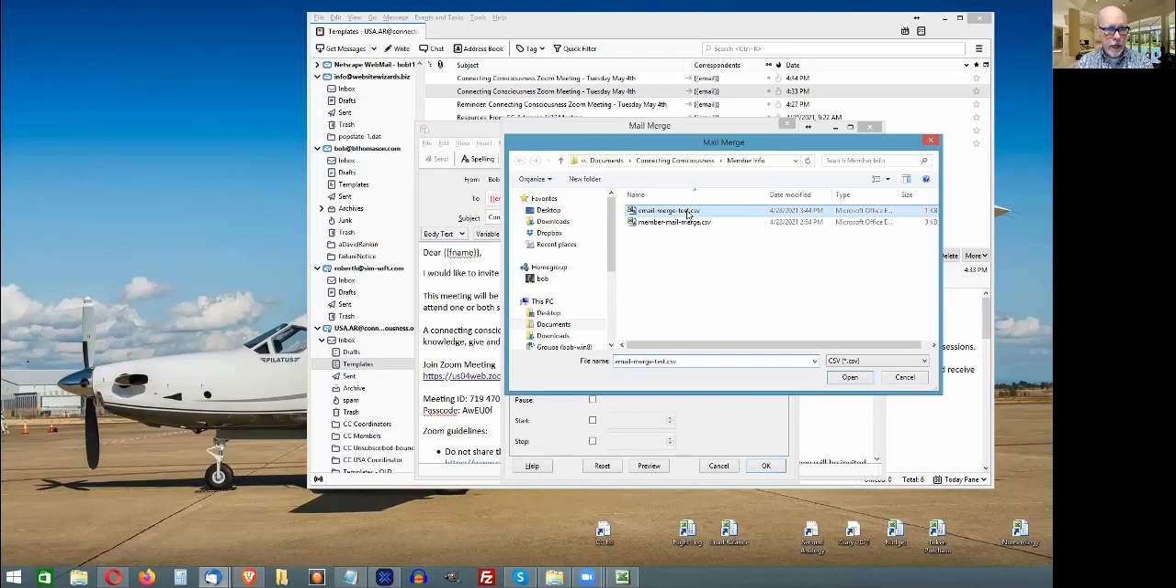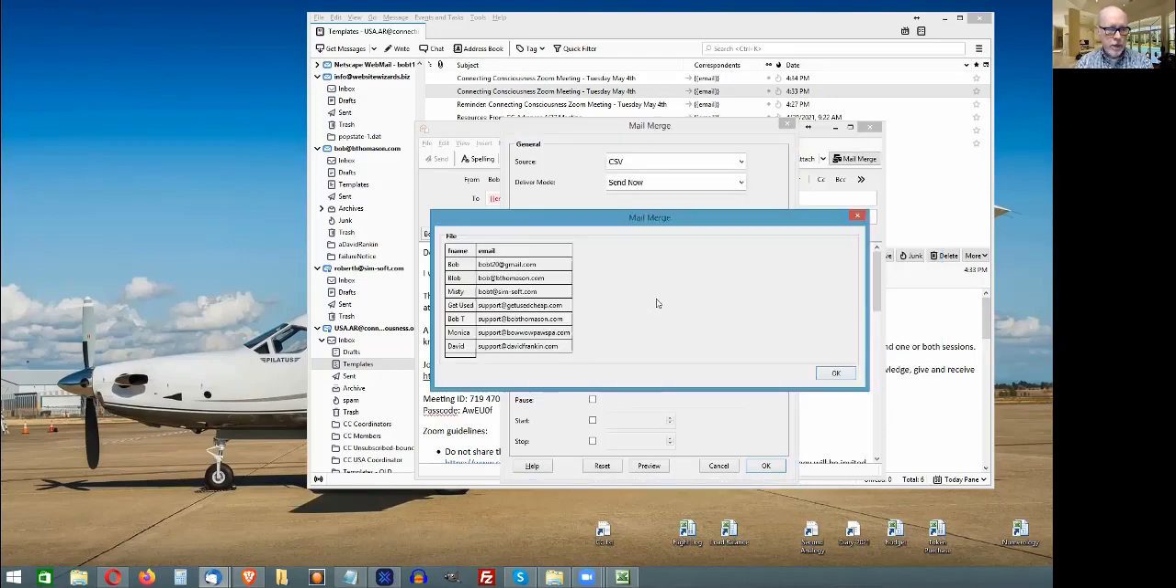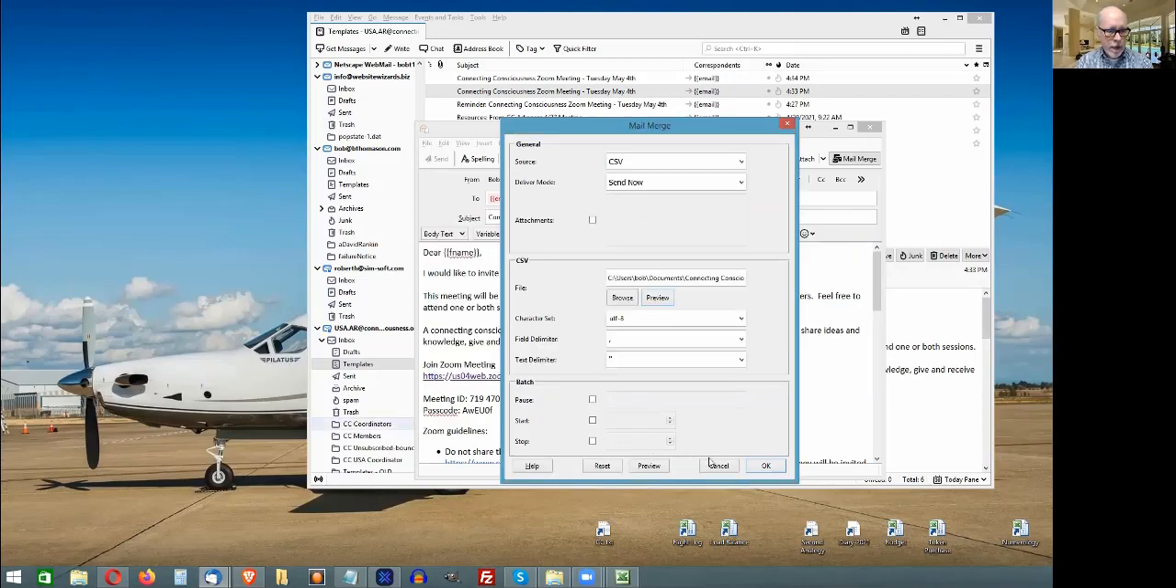In this case, it's going to be email-merge-test, because it's a test file, .csv. That's what I want. So I'm going to click open with that. Click on the preview just to double check, make sure I don't have any errors in there, make sure I don't have anything that obviously sticks out at me, and click OK. Now I click on OK,